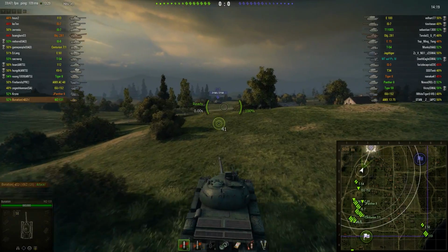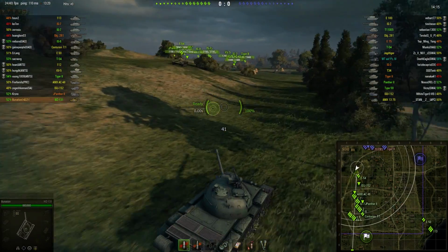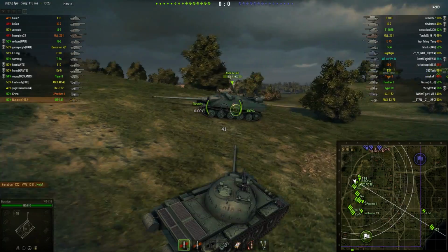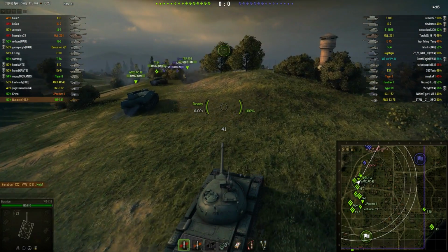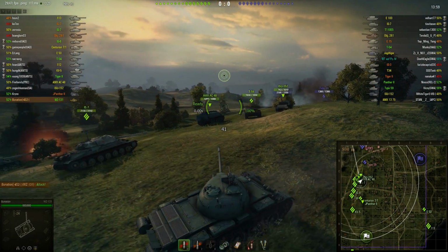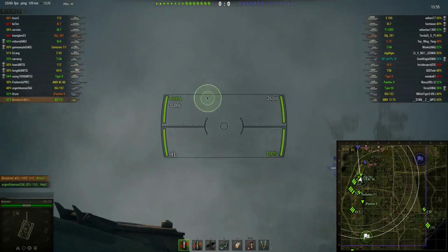That rare moment, it's like spotting an albino elephant or some other such rare creature, when you see a pub match and random strangers all working together to do the right thing and use the correct tactics. So as you can see, Bunation already heading much further ahead of his allies just to spot everybody out as they come in, and the rest of the team all doing a fantastic job of just taking this hill here